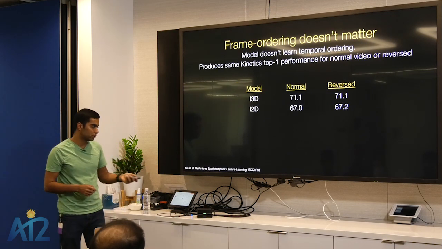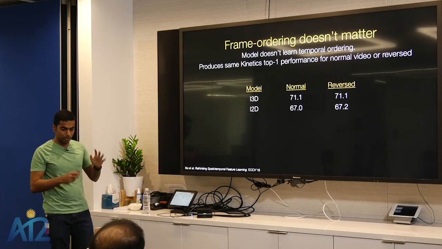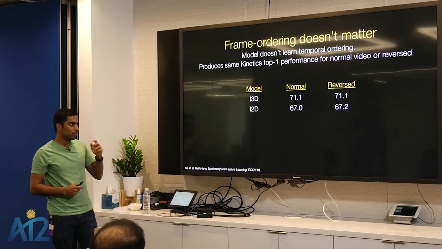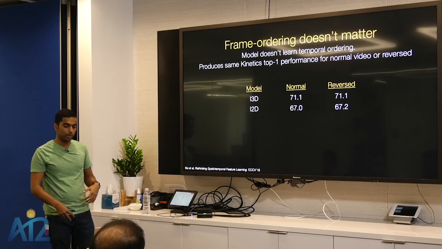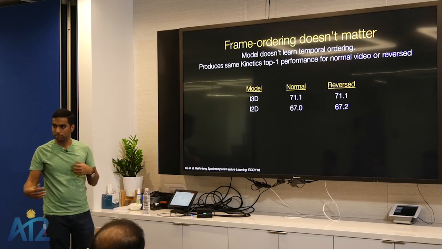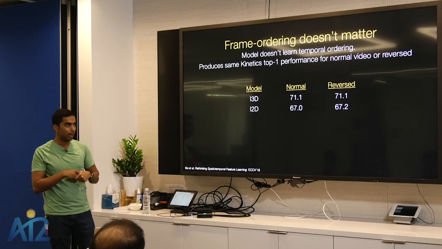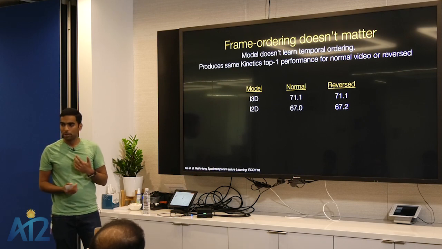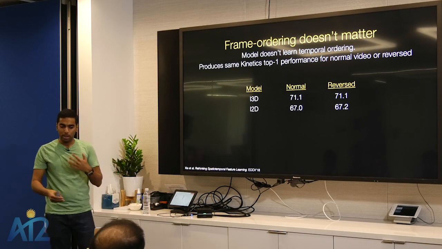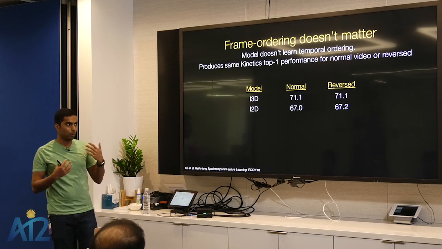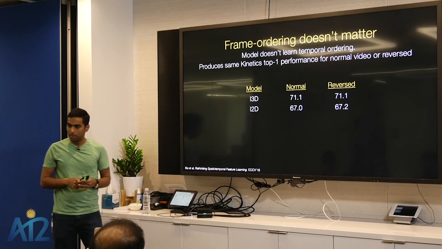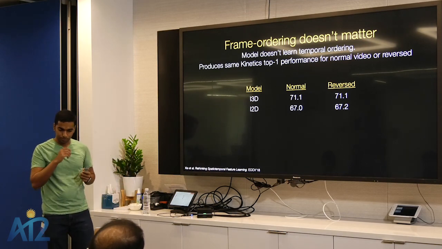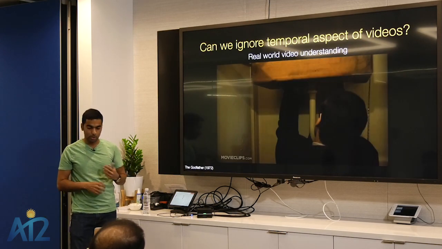And in fact, one result from ECCV18 was even more telling, I think, where they took the Kinetics model and tested it on videos that were reversed. So you just run the video in reverse in time, and they actually get the exact same performance. What that means is that even the temporal evolution of actions doesn't matter. All you need to see is the frames, and that's good enough to recognize what action is going on. So temporal ordering does not matter. So does that mean we can ignore the temporal aspect of videos?